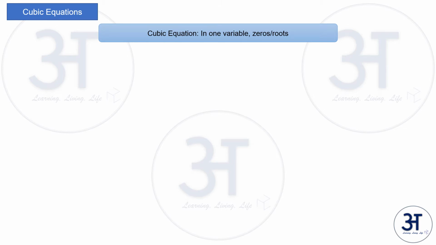Let us understand what are the zeros or roots. So this is not a new concept. This is similar to what we have seen in quadratic equation. So they are either zeros of a cubic expression or roots of a cubic equation. So say there is an equation of the form ax cube plus bx square plus cx plus d equal to 0. Those values of x which make this LHS equal to 0 are known as roots of this equation.